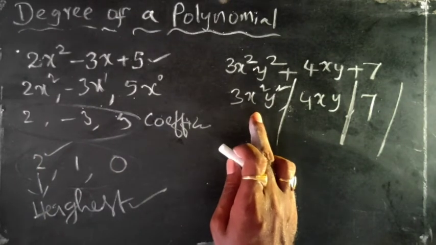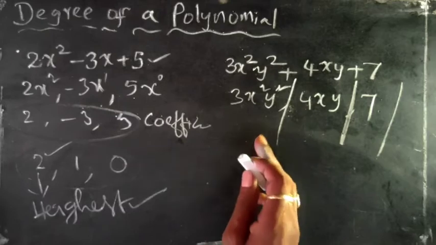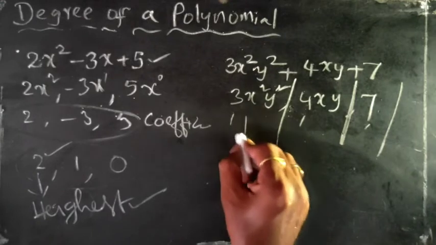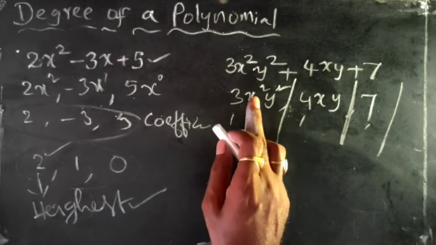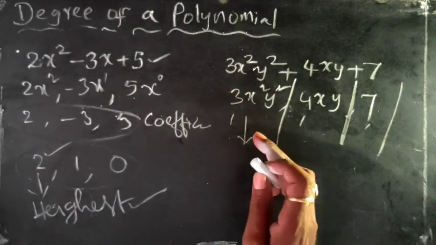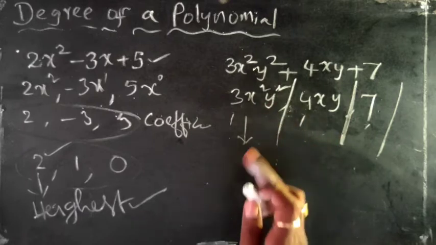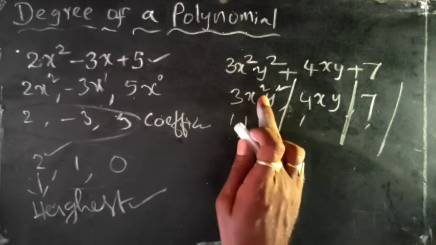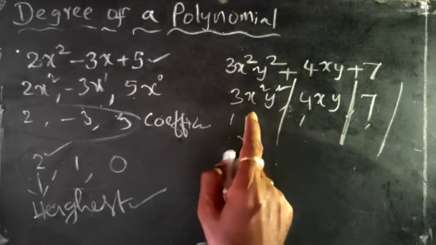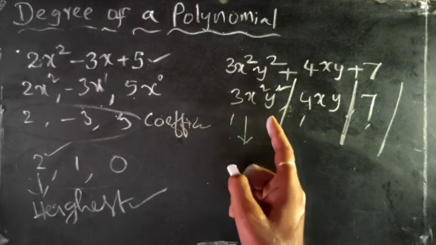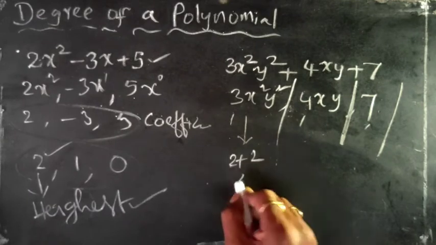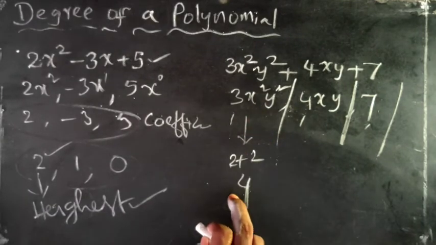Here also you have to find the degree of each term. Okay, but before that, what do you call these coefficients 3, 4, 7? Now what is the degree of each term? See, when the polynomial has terms like these, we have to find the degree of each term in this way. Just sum up the exponents of variables present in that particular term. So what is the exponent of x here? 2. Exponent of y is 2. So add these two. 2 plus 2 is 4. So it is the degree of this term.